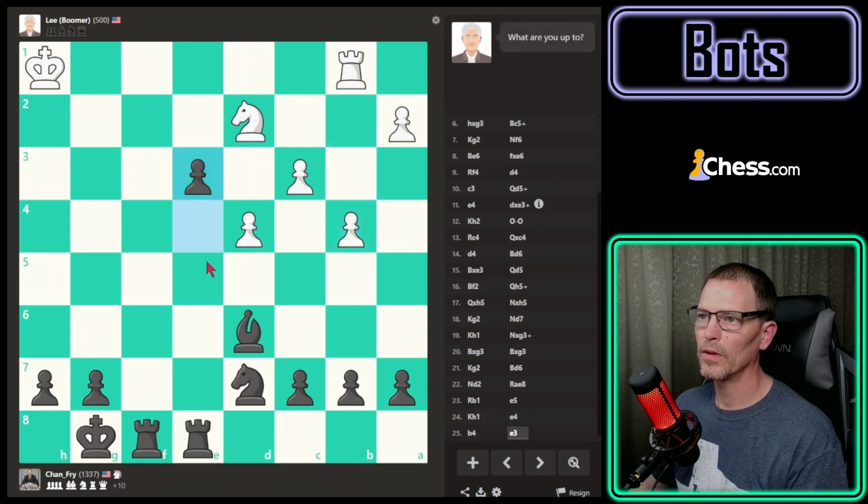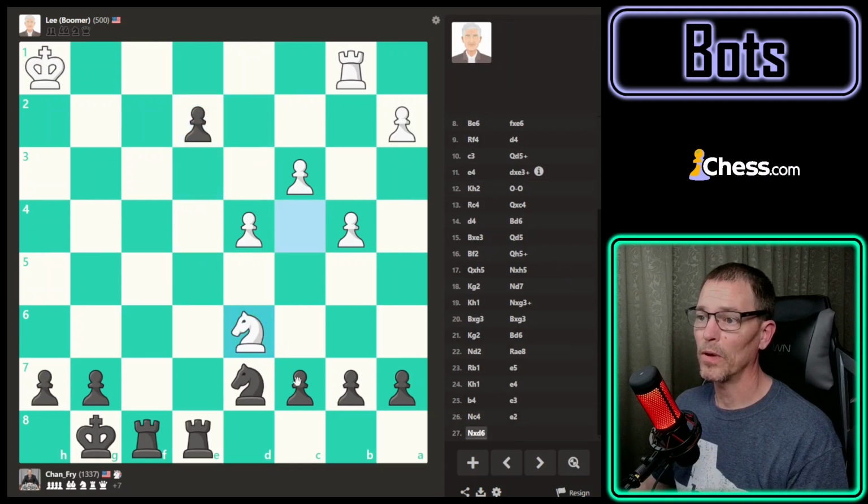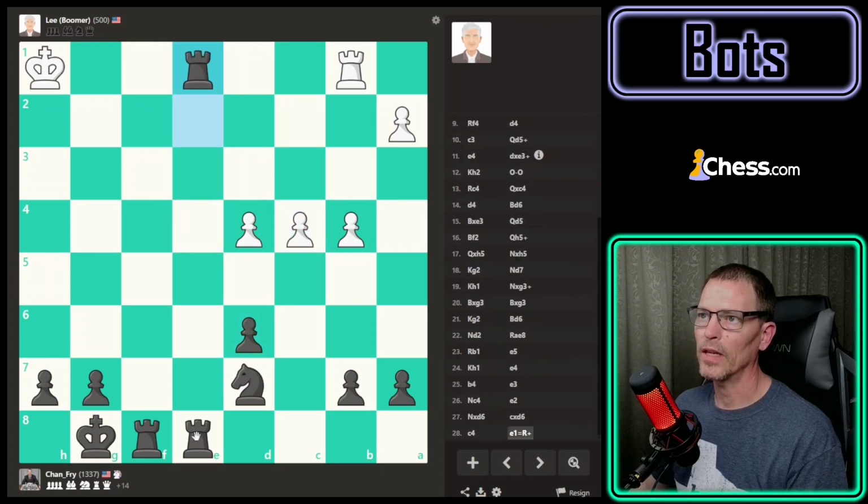Is the knight going to move? It did. Oh, it's after my bishop, but my bishop's protected. So let's move that pawn again. Is the rook going to... Oh, no, they wanted to trade. All right. Trading is fun. And we're going to get a rook here. Check. If they take it, I'll take...